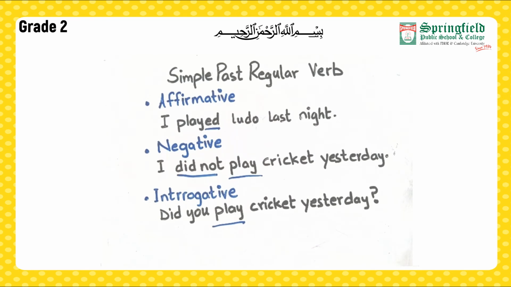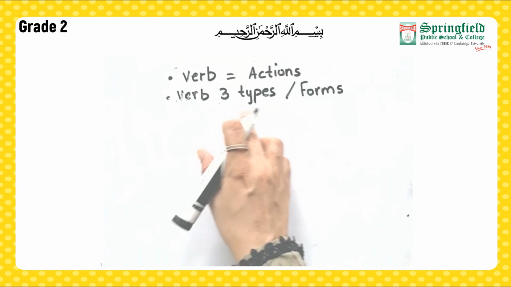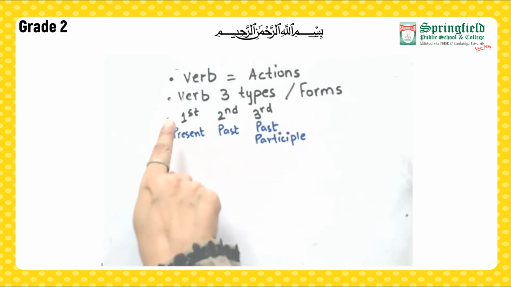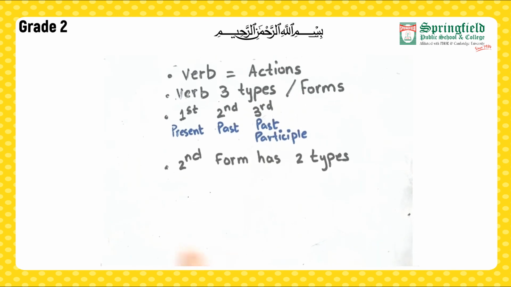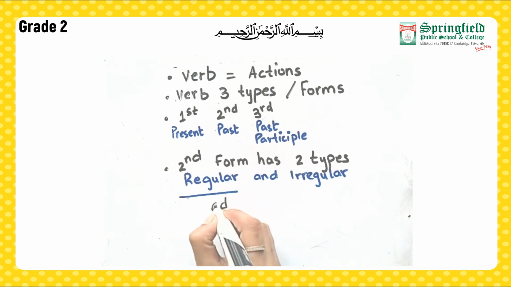Now let's have a quick revision of what we have learned so far. Verbs are actions. Verb has three types or forms. First form, present form. Second form, past form. Third form, past participle. Second form of the verb has two types, which are regular and irregular verbs. Alright, now we are going to be talking about the regular verbs. And we make regular verbs by adding ed or d to the main verb. For example,